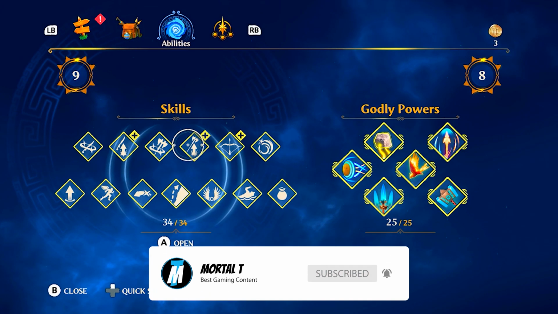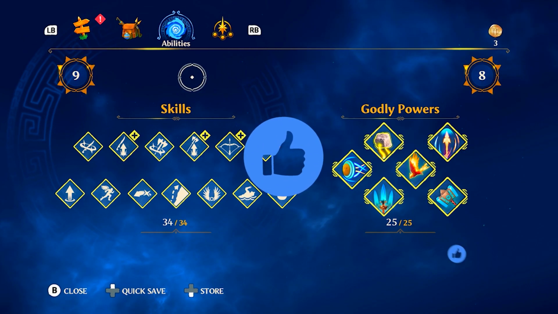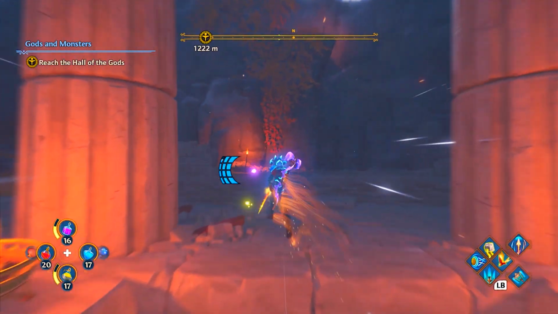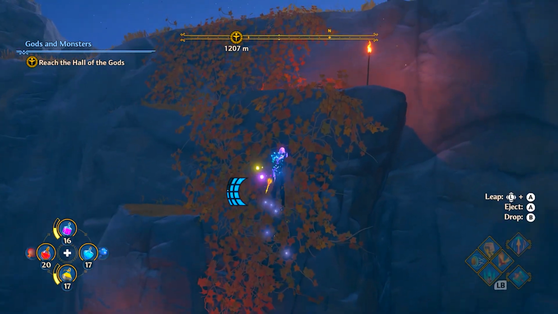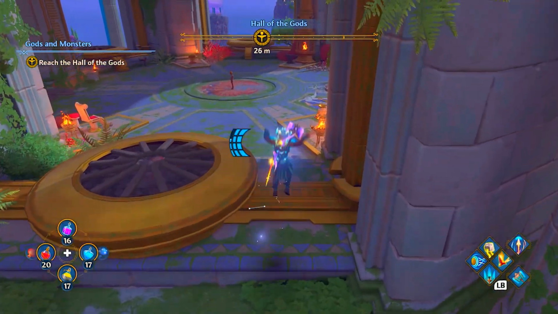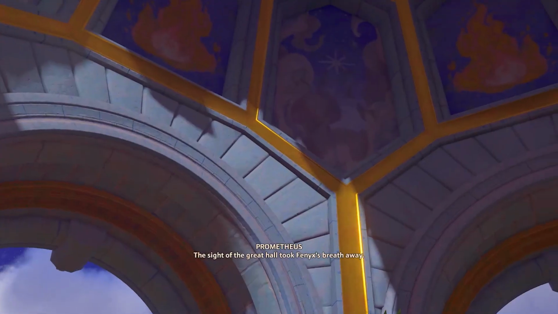So if we go over to abilities, as you can see, we're actually maxed out already with some of the mastery levels applied to them as well. If you go over to your godly blessings, you will also have all these as well, which is really cool. So you could just play through the normal storyline till you get to the Hall of the Gods, just like you did before. So once you have made it back to the Hall of the Gods, you will realize that none of the gods are in their position where they were last time,